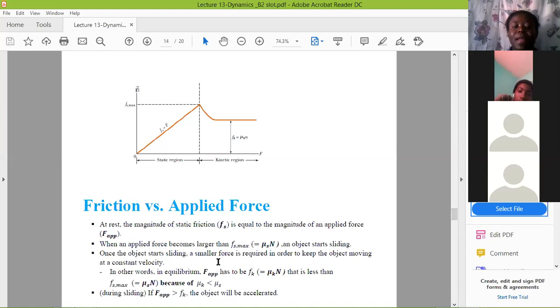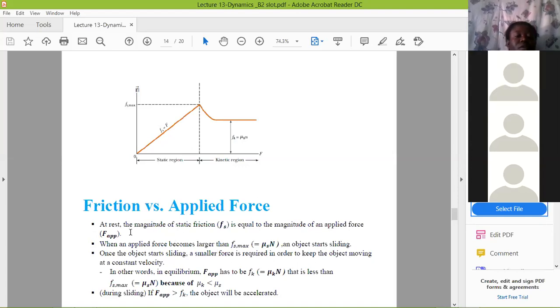Okay, when an applied force becomes large,